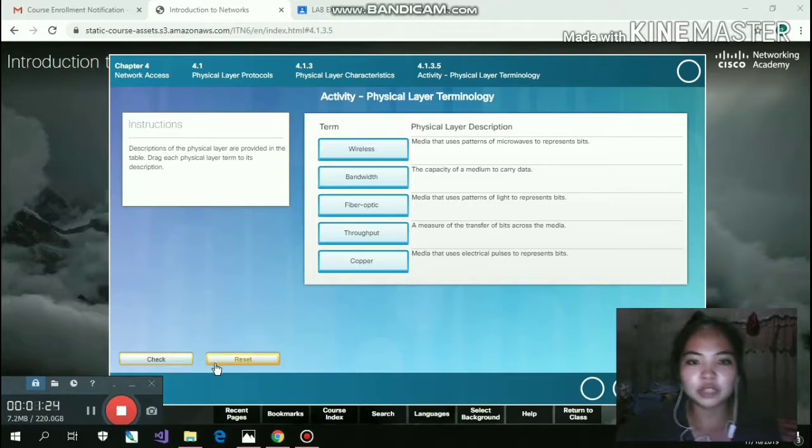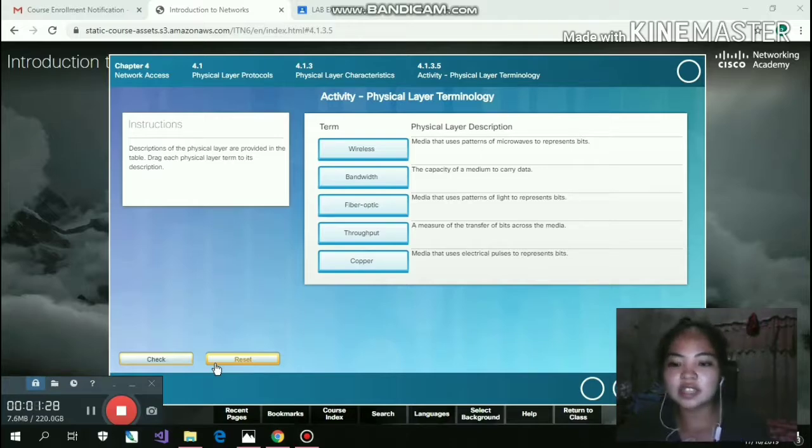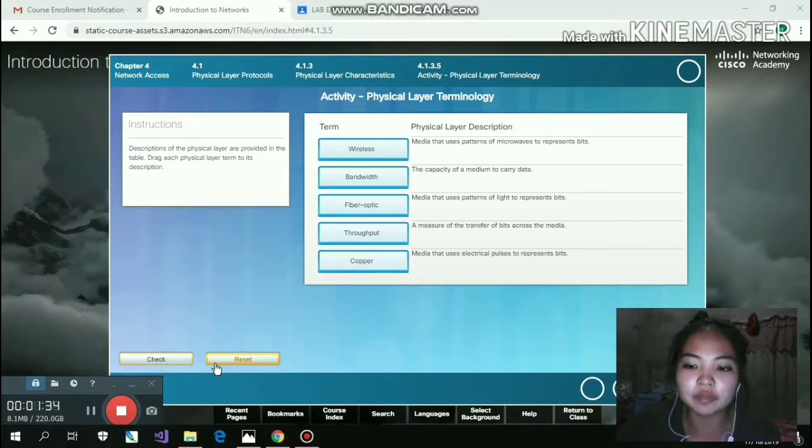So I will explain what is wireless. So wireless signals are patterns of microwave transmissions. So the second one, the copper cable. Signals are patterns of electrical pulses. And the